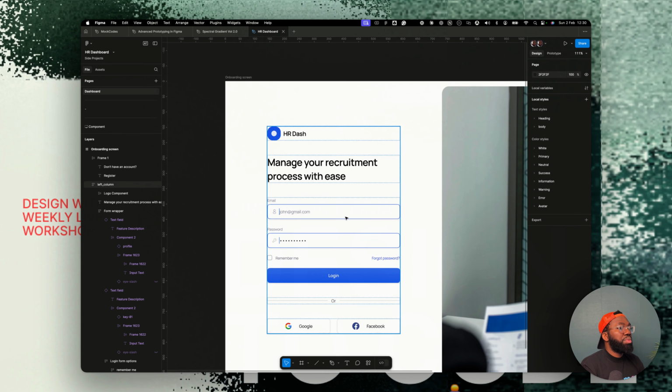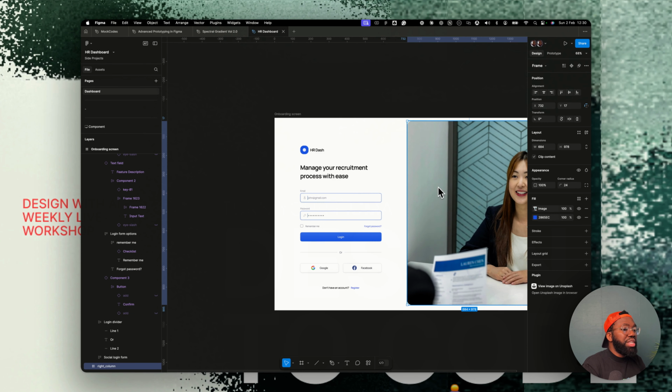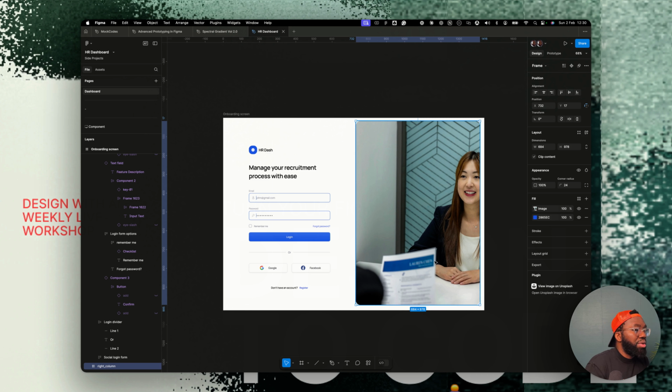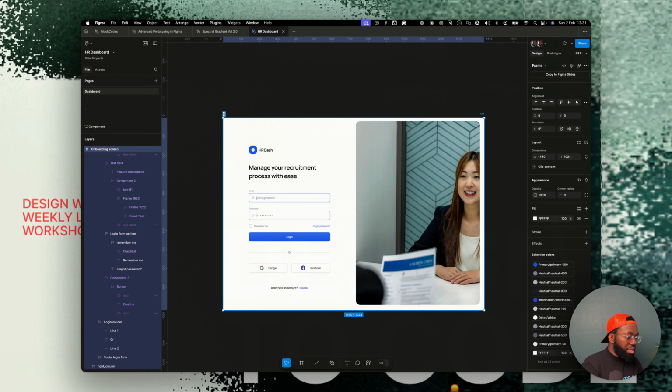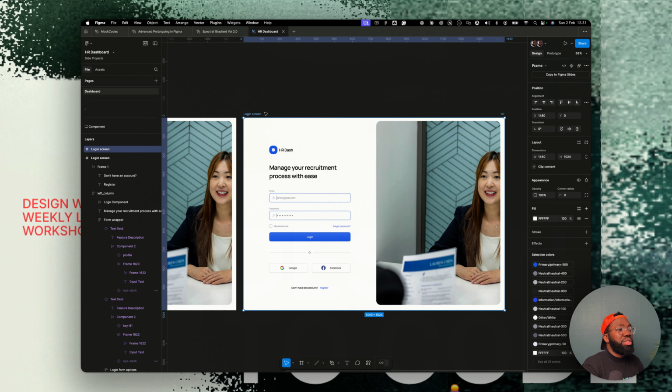Okay, cool. So we have this. Of course, we can really go all fancy with what we have here. So manage your recruitment process with ease, email, password, and all that going in here. So this is definitely going to be the login screen. So this is the login screen. The next screen would definitely be